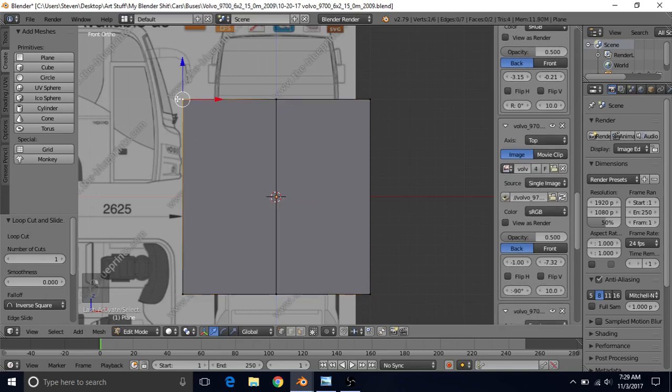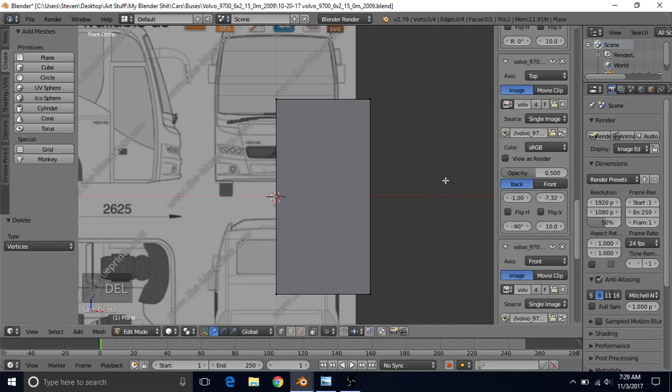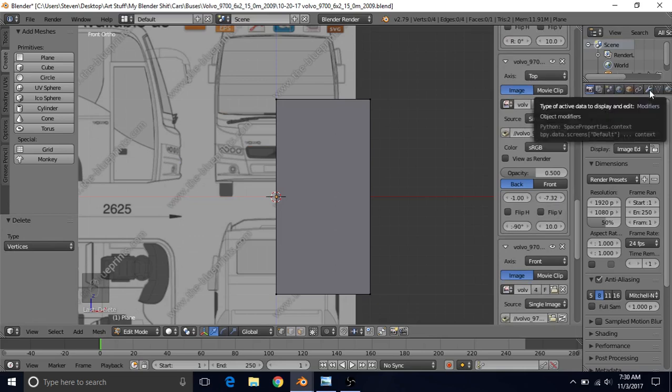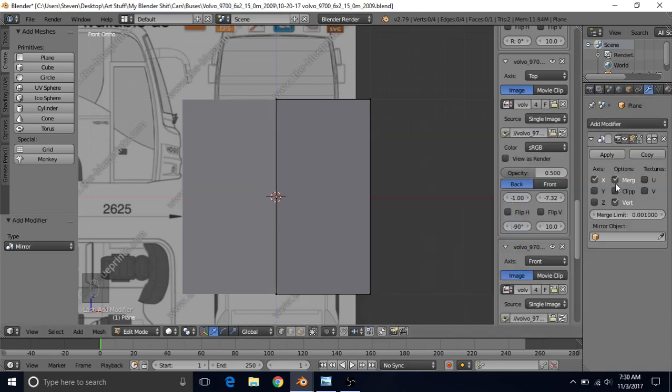And then we're going to delete the left side. So we're going to select this vertex, Shift select this vertex, press delete, choose vertices, and then go over here. If you need to, you can hold the middle mouse to drag this menu. Click on the wrench, click on Add Modifier, choose Mirror, enable clipping, enable this option,